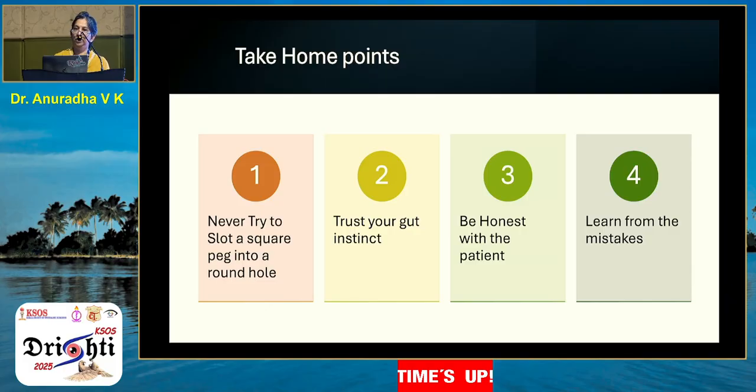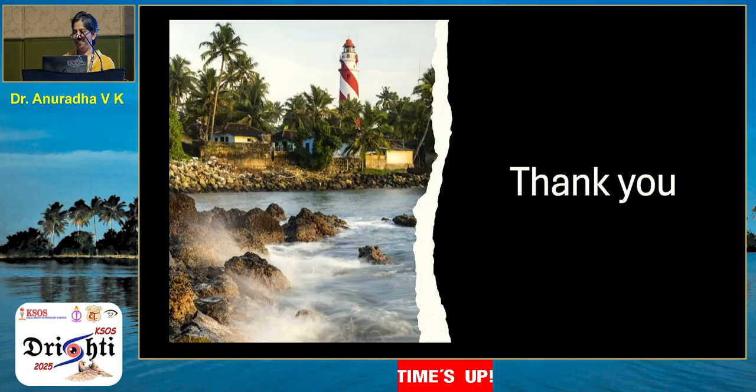And third is, it's very important for you to be honest with the patient. It's not like you're the treating doctor, so therefore you always have to give them a definitive diagnosis. You can tell them that I've looked at you and these are the possibilities I see, and this is my plan A, and this is my plan B, and this is my plan C. If the patient sticks with you, well and fine, otherwise, it's very unlikely that they will come back at you later saying, you screwed up my eyes. And lastly, learn from mistakes, either from yours or even better, from others. Thank you so much for your patient listening.